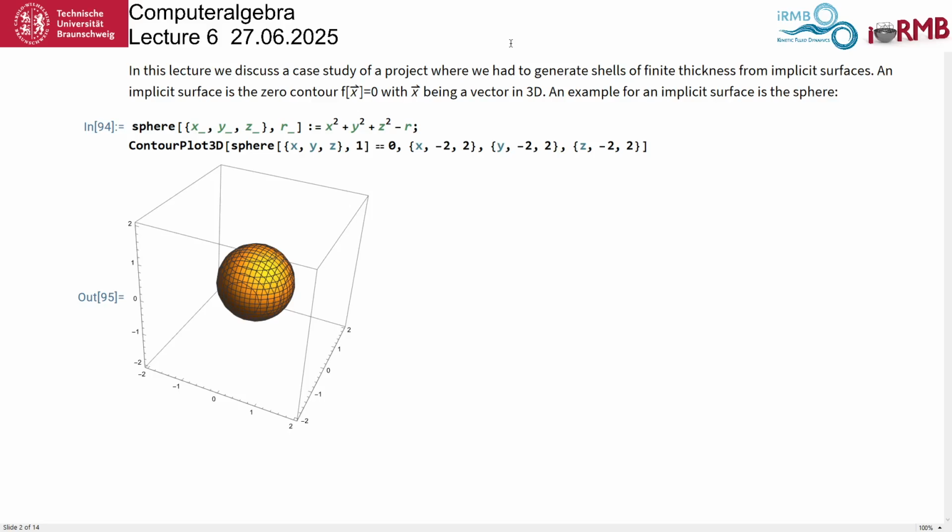Now if you want to simulate this at a very high Reynolds number, and you have a very thin boundary layer, what you observe is that, if you have discretized the sphere with triangles, then actually the sphere